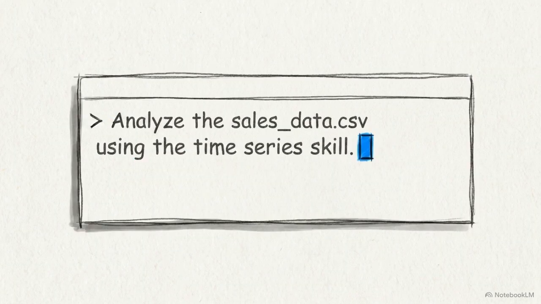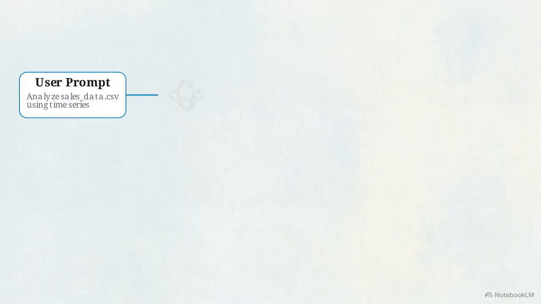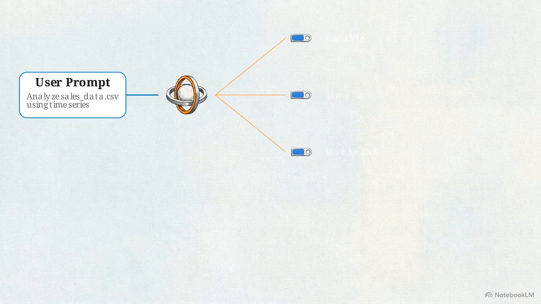Now we run it. Open your terminal, launch Claude Code, and type your natural language trigger. Analyze the sales.data.csv using the time series skill. In step 1 of the execution sequence, the orchestrator reads your prompt and scans the available skill descriptions in its memory. Step 2, the orchestrator matches your intent to the time series skill and progressively loads the full markdown instructions